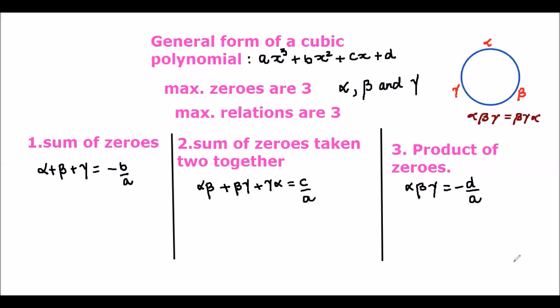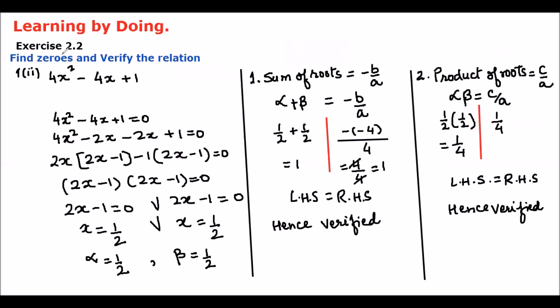Now let's learn more by doing. Let's do exercise 2.2, first question. First of all, we will find the zeros of the polynomial and then we will verify these two relations. So, children, it is 4x square minus 4x plus 1. This is the polynomial given to you and you need to find the relation between the zeros and the coefficients and constant. To get this relation, first of all, you have to get the zeros of the polynomial. So, to get